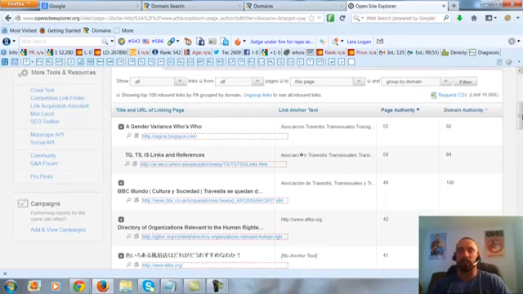Okay, so these are natural type links. They seem to be naturally gotten. But again, since it's foreign, I would put the value down a little bit from what it was if it was an English site. All right, so that's the type of stuff I look for to see if it's natural or spammy. We went over the spammy stuff, the natural stuff. I just kind of match up what the site used to be about, which you can kind of get from the anchor text, to the links that it's getting. Does it match the same topic? And those are natural type sites.